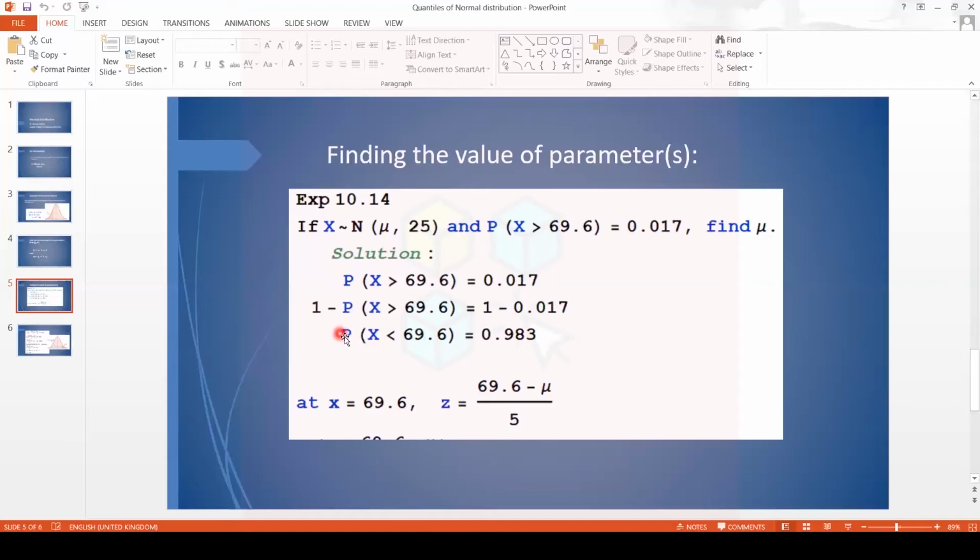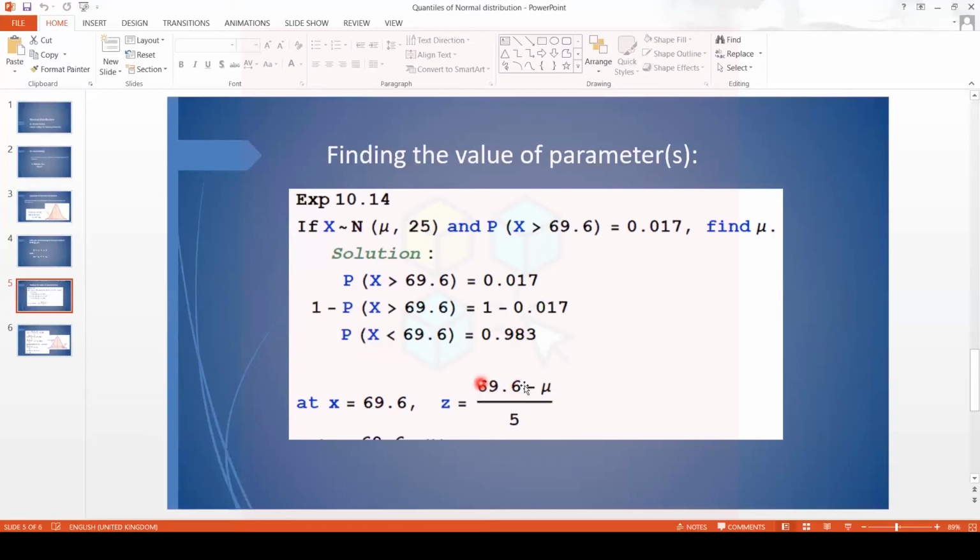And this probability x less than 69.6 is converted into the standardized variable, which is this one. At x equal to 69.6, z will be 69.6 minus mu over sigma. Because we don't have the value of mu, we can't calculate its numeric value, z, and calculate the mu from this equation. So this is the equation in which we convert x into z and 69.6 into this expression, and